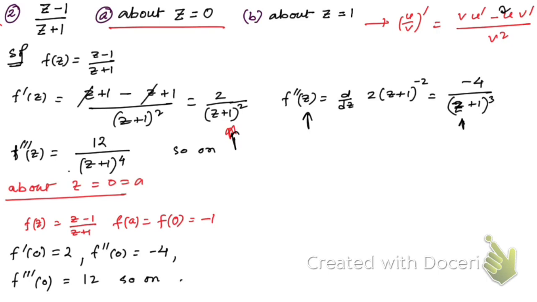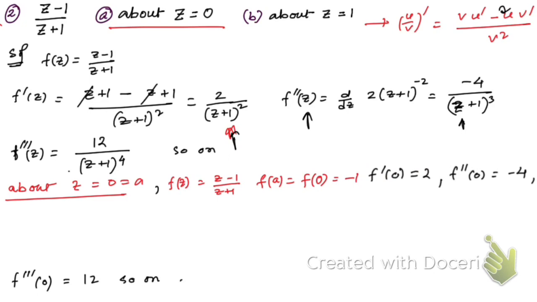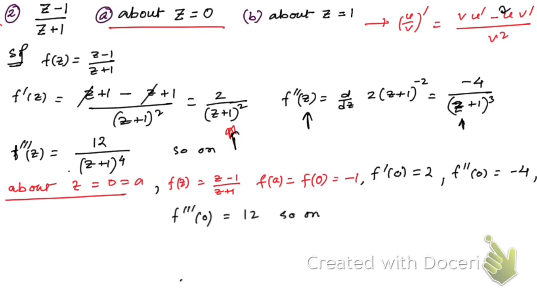So let me write this value here, and this value here, use comma, and this one here. Okay, so Taylor series, so that is given by,